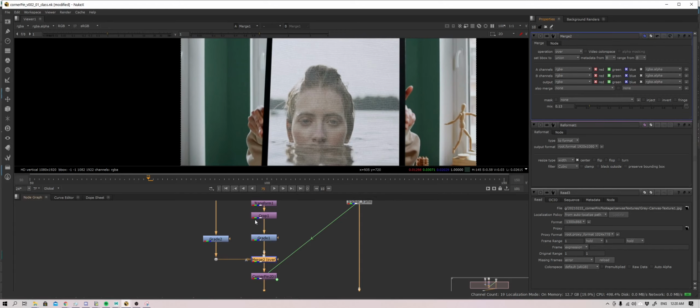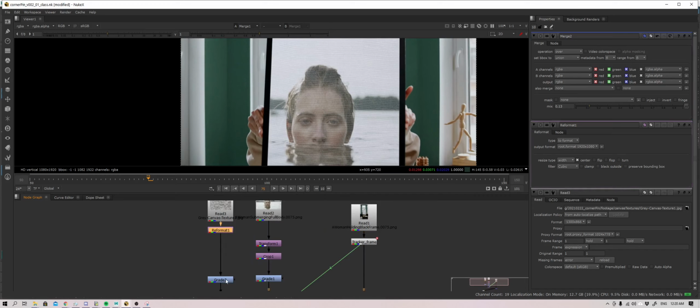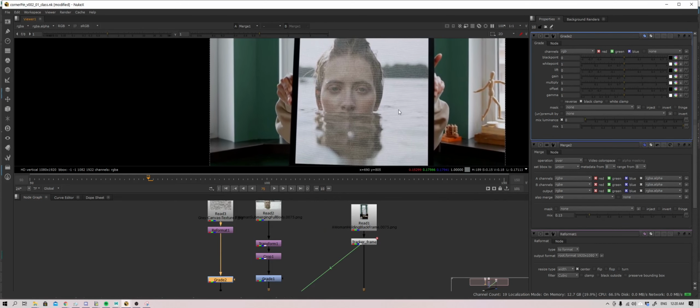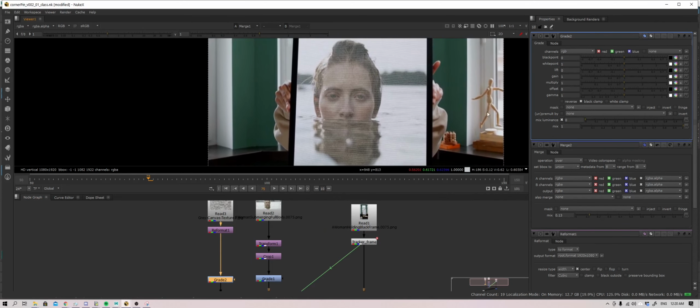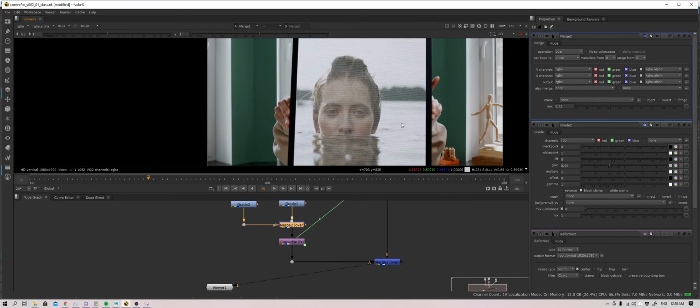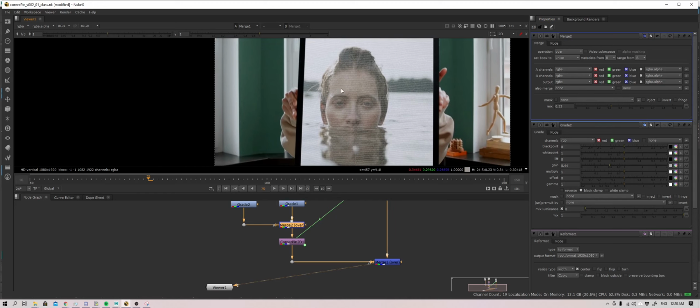Okay, and then we have a grade. We can do a grade node, and from the grade node I can kind of colorize. I can gain it, or I can, so if I bring down the levels like that, my merge might want to bring back up that level. Okay, so I don't want to spend too much time on this, as long as we can see some kind of